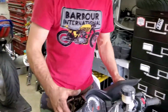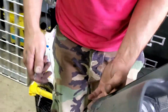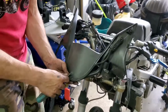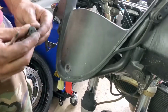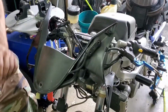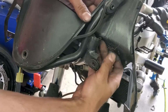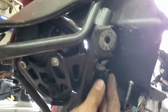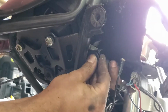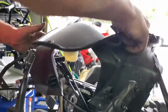So then the next thing you want to do is disconnect the inner fairing off the fairing stay. And this is another one of those pins where you push the middle and it lets you unhook it. And then there are, in this case broken, pins coming off the inner stay that go onto, there they are, down low. It's just a plastic pin going into a rubber grommet that you just pull out. That comes off,